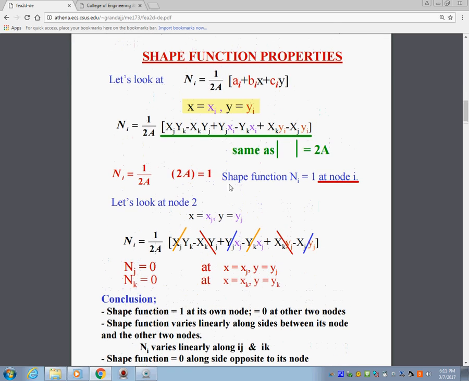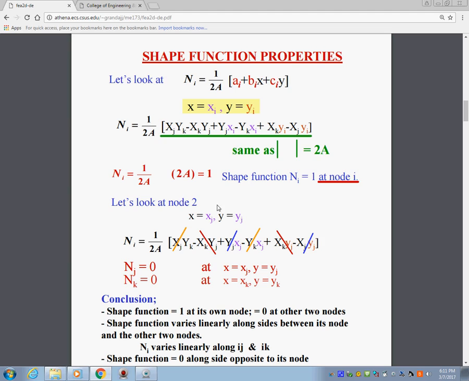So this is 2A in the denominator. If the values of the shape function are evaluated at x equal to x sub j and y equal to y sub j,